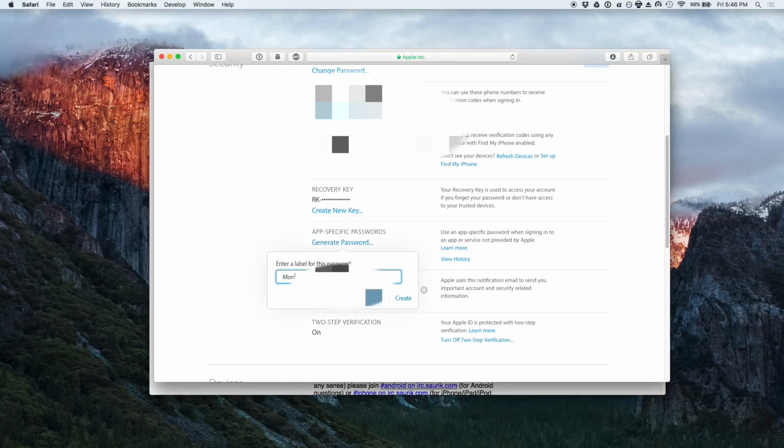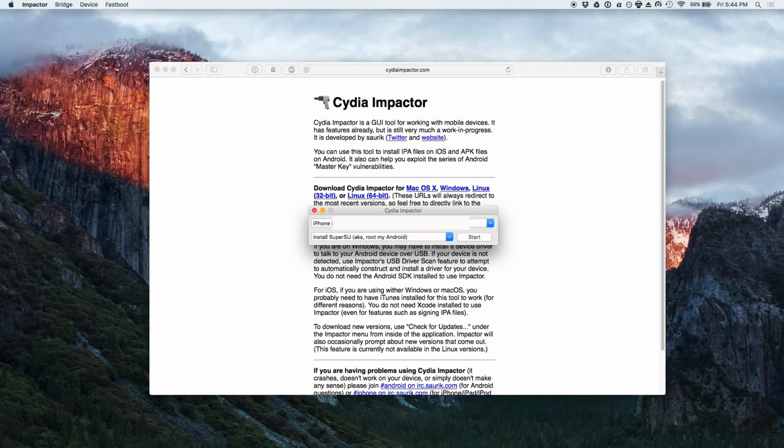So this is the password that Impactor is going to use to sign your app and load it onto your phone. Open the Cydia Impactor app that you downloaded earlier and make sure it recognizes your phone. There's going to be a long string of numbers. This is your phone's UDID. That's not super important. Next, drag and drop the IPA file from the GitHub link onto the Impactor window, and